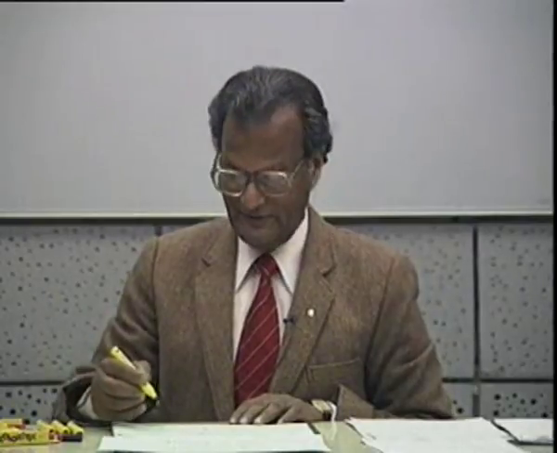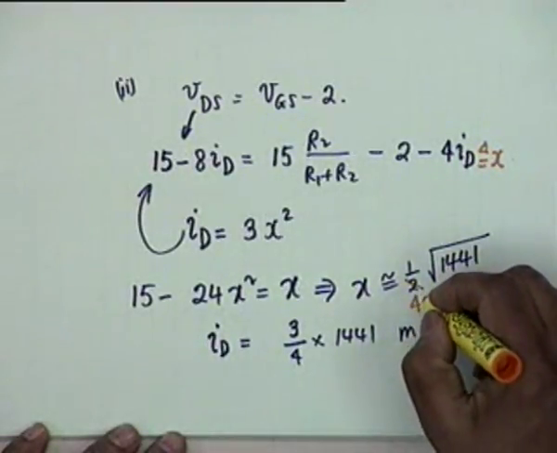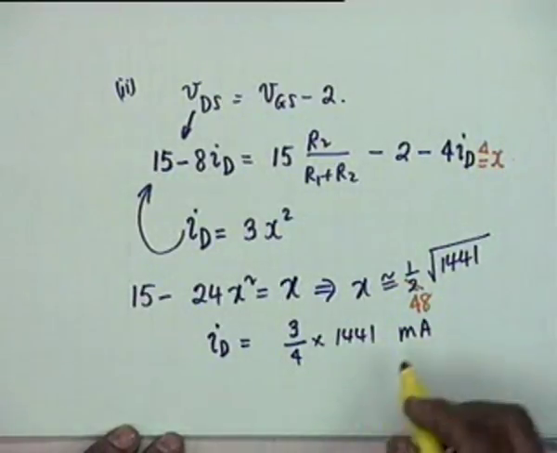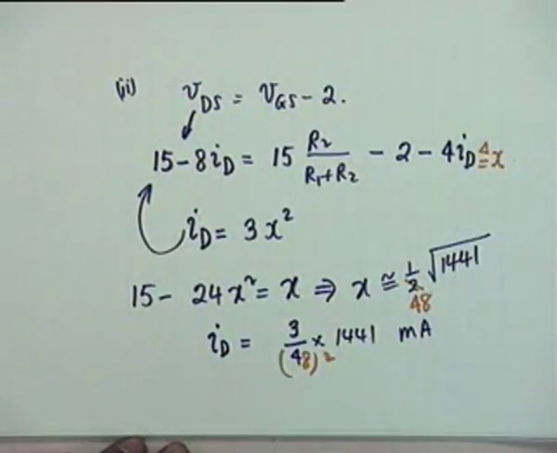Okay, I have made a mistake. This is divided by, please do correct this. I was waiting for this. I have made a mistake here. This should come as 48. So instead of 4, it should come as 48 squared. Will that be reasonable now? Yes, that would be reasonable.